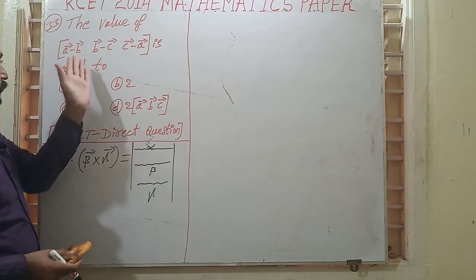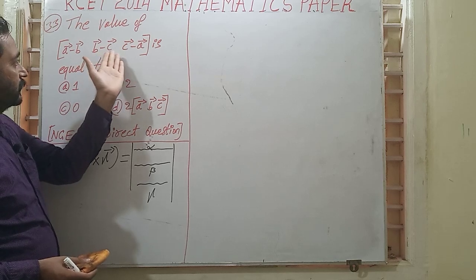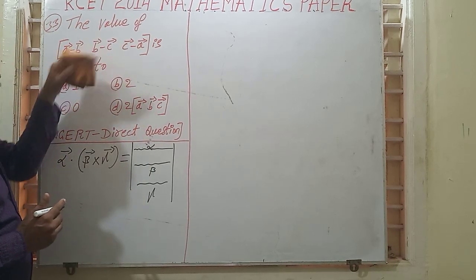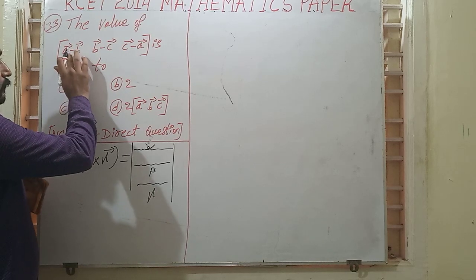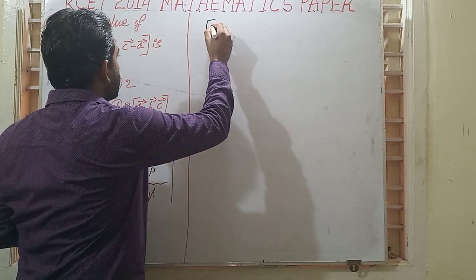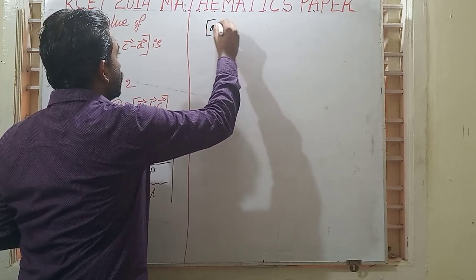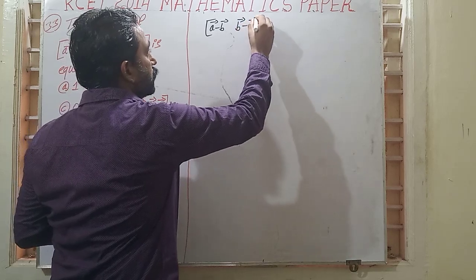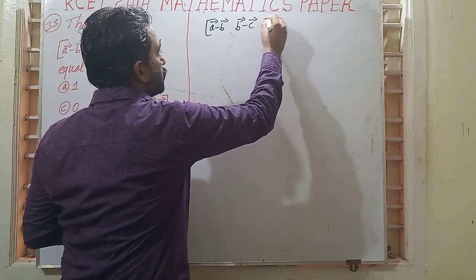Using this formula, we have to find the value of A minus B, B minus C, and C minus A. So once again, write down the scalar triple product of A minus B, B minus C, C minus A